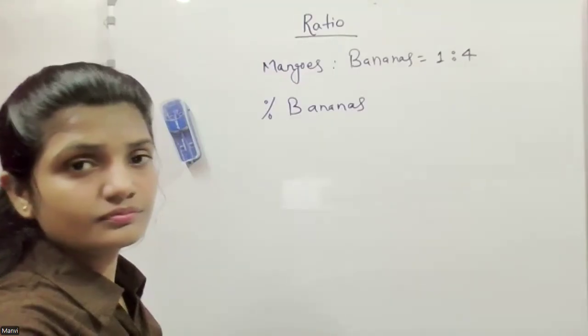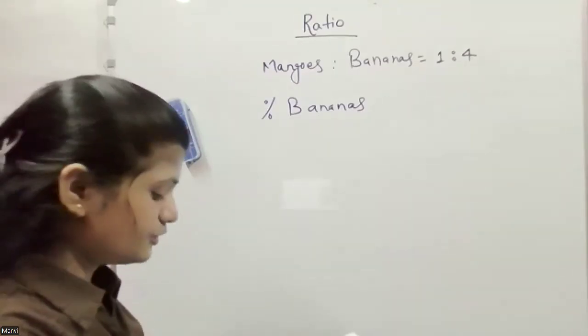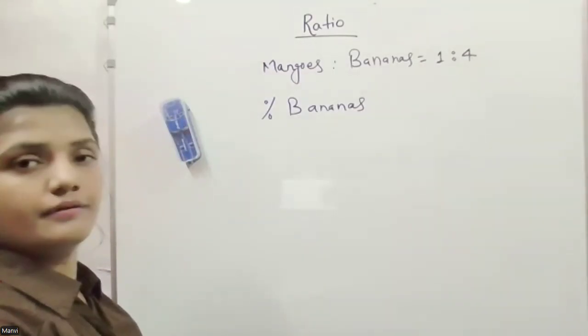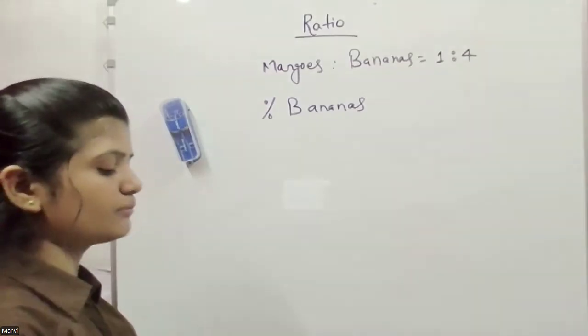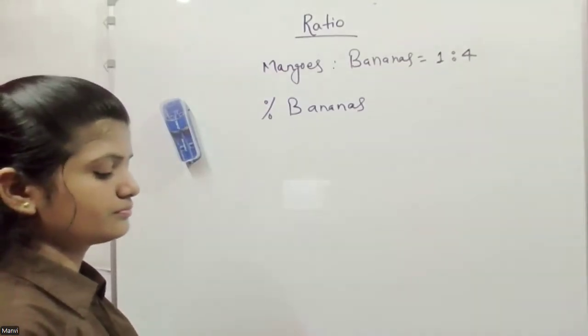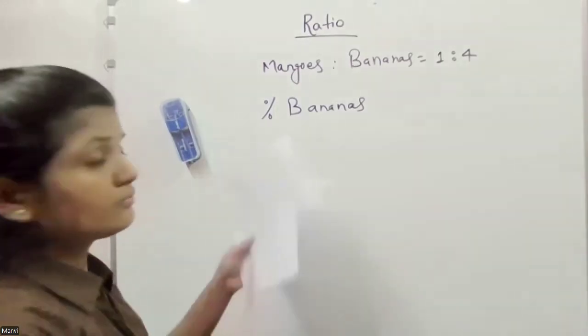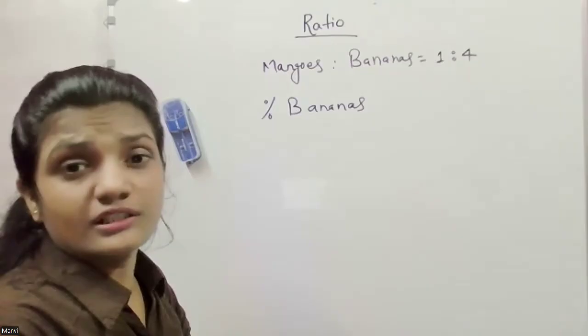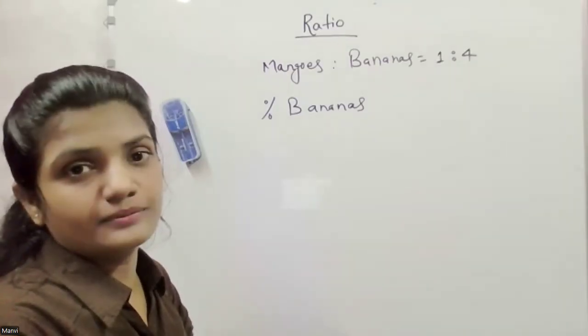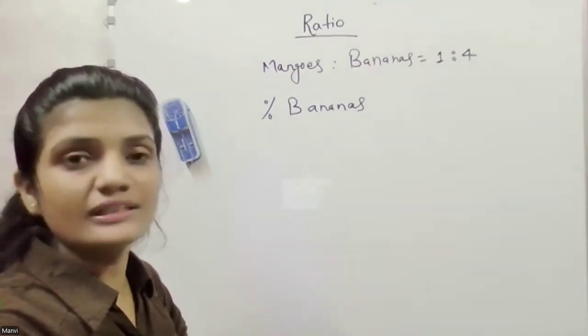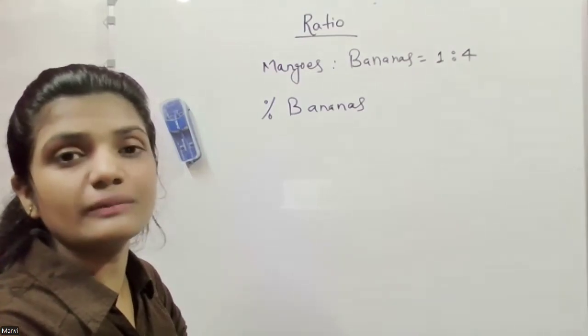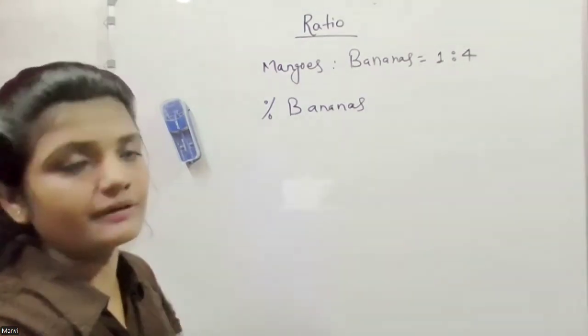Mango with total number of fruit. Yeah, you need to calculate the ratio of mango with total number of fruit. 4/5. Mango with total, Kavya, 1:5. Total is 5. Yeah, total is 5. So mango to total will be 1:5, oh, not 4:5. 1/5, I mean.